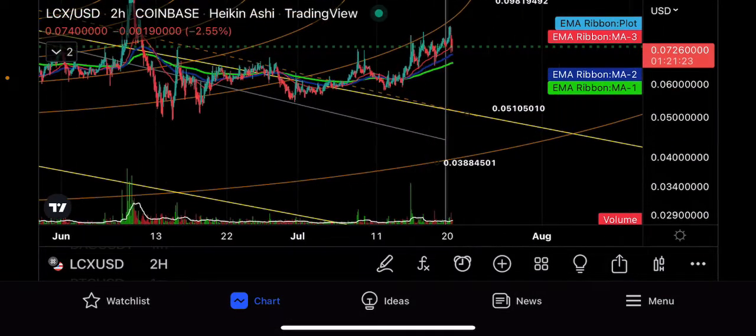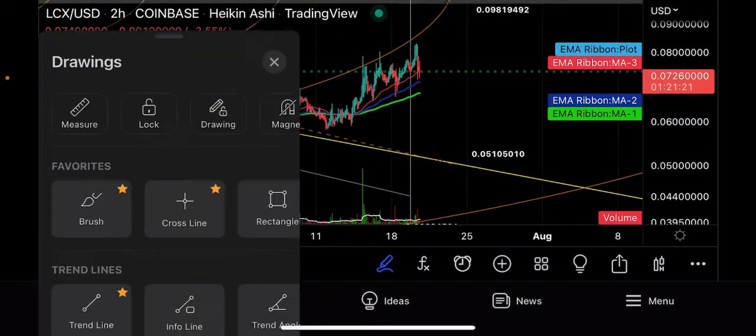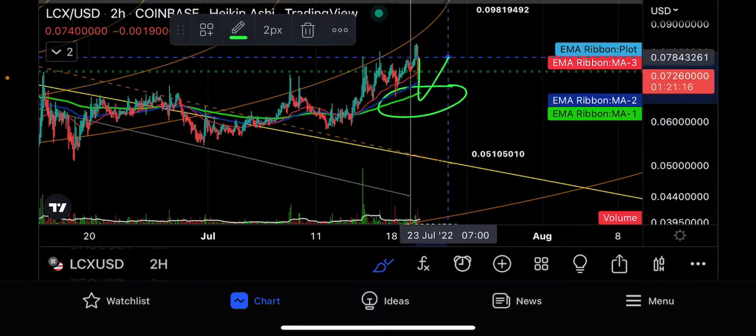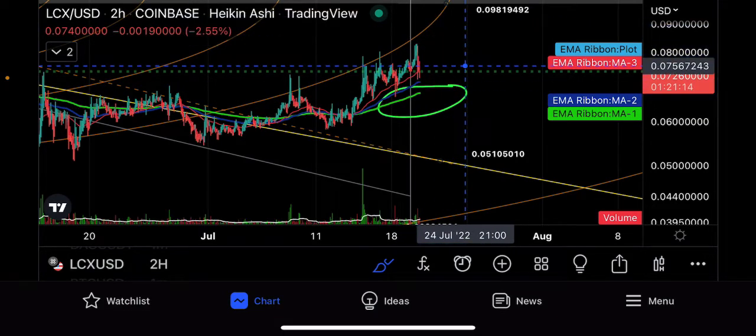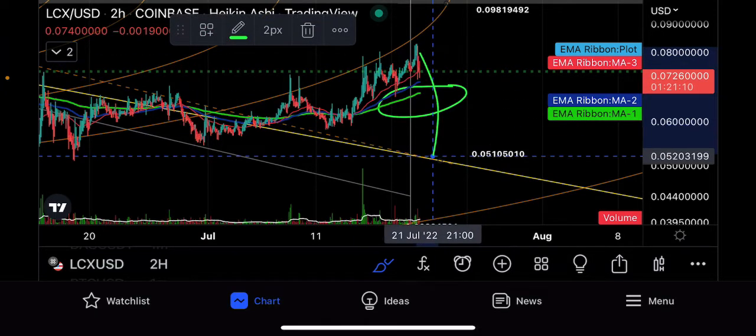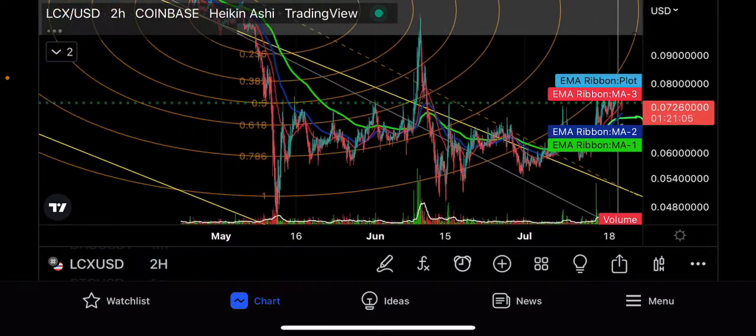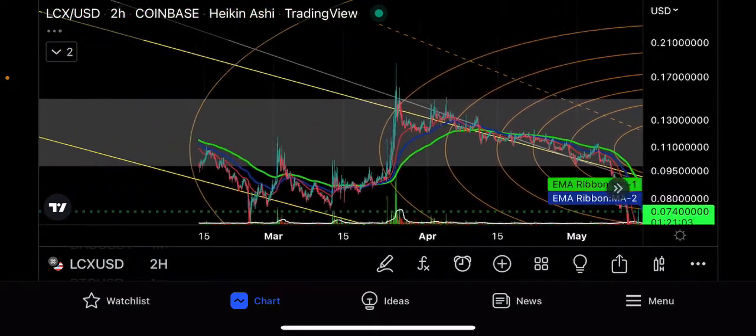So that's what I'm looking at right now. You've got to hold these short-term moving averages in the 2 and 3 hour time frame to remain bullish. And as long as you hold those, you remain bullish and come up to 0.098 cents. But if you fail to hold that, you're going to initially come down and back test this major underneath support that used to be overhead resistance, right? You can see if we scroll back,